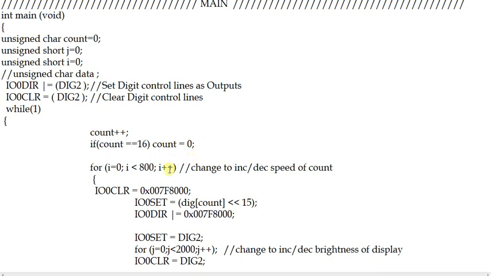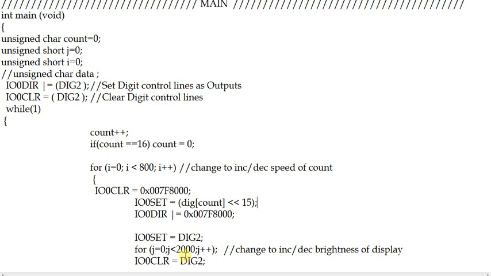The output will be shown as 0. Again the count will be incremented, and 1 will be displayed on the 7 segment LED display. Go back again, and the digit of 2 will be displayed from the 15th bit position. First it will be set as an output port, then the digit is displayed on the second digit of the 7 segment display, and again cleared after some time. So this will be repeated and so on.